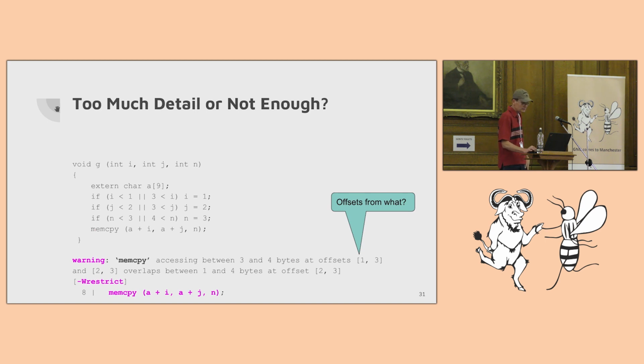This is the -Wrestrict warning that tries to provide enough detail to the user to see what's going on, where that overlap in the memcpy call is. It essentially incorporates all the information that the warning has about the access into a single diagnostic. But I suspect that the ranges will make the warning somewhat difficult to understand, despite the large amount of information here. It's a complicated problem. If you have suggestions for how to improve this, how to present it differently, David, ASCII art, that might be the way to go.